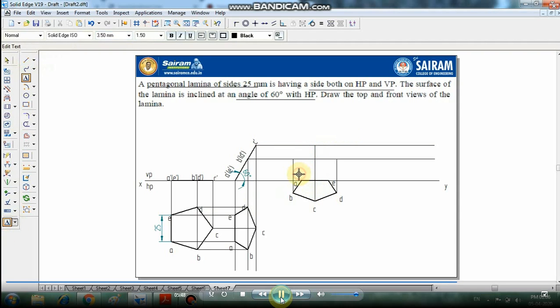Text it. A and E are already there, so A dash, E dash is the point, then D dash, C dash and B dash.